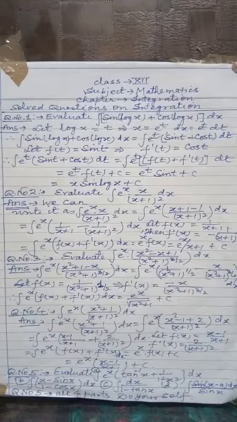Question number 1, evaluate integration sin log x plus cos log x dx. Here, as you see, there is no e to the power x visible in the question, which is the necessary condition. So first we will take the substitution, let log x equal to t, so that x equal to e to the power t, dx equal to e to the power t dt, and now your integration sin log x plus cos log x dx changes to integration e to the power t sin t plus cos t dt,